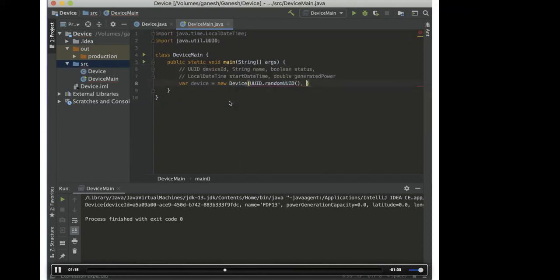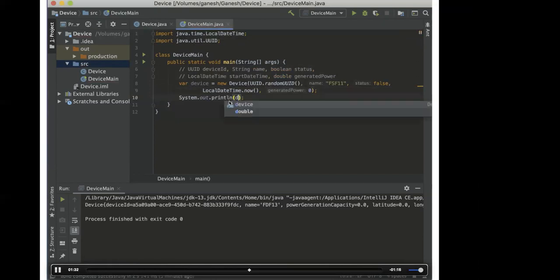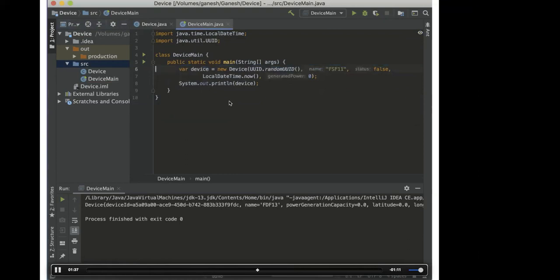This indicates that there's a smell. So there are other alternatives as well.